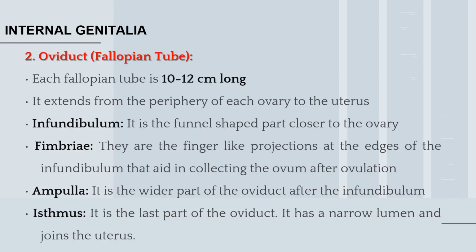So this is all about the internal female genitalia, which mainly comprises of the pair of ovaries, pair of oviducts, uterus and vagina. As I had explained with the help of that particular image, oviducts are known as the fallopian tubes, which are going to receive the egg or the ovum released by the ovary and then transport it further into the uterus. The oviduct is divided into three different regions: infundibulum, ampulla and isthmus.